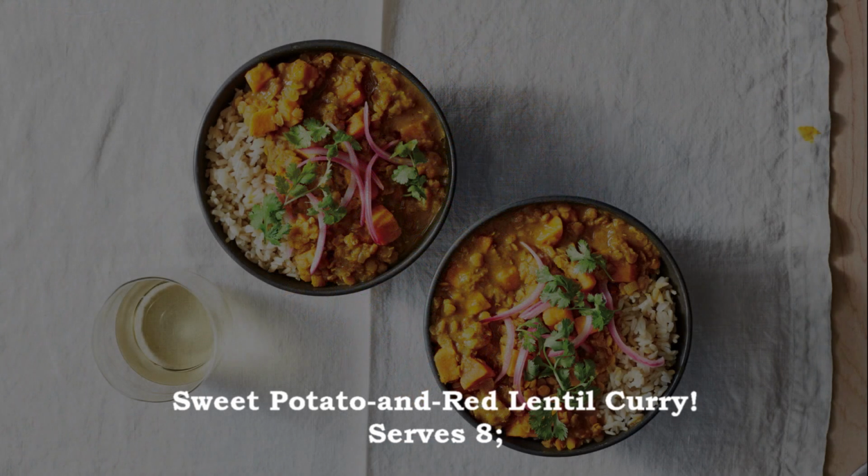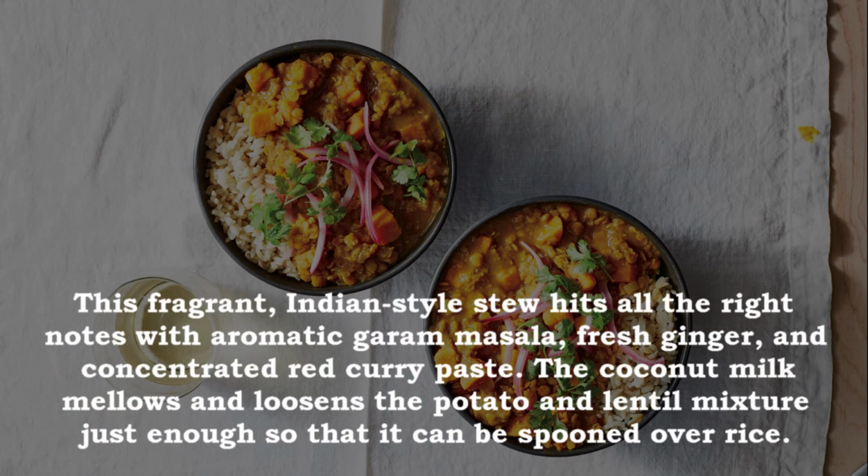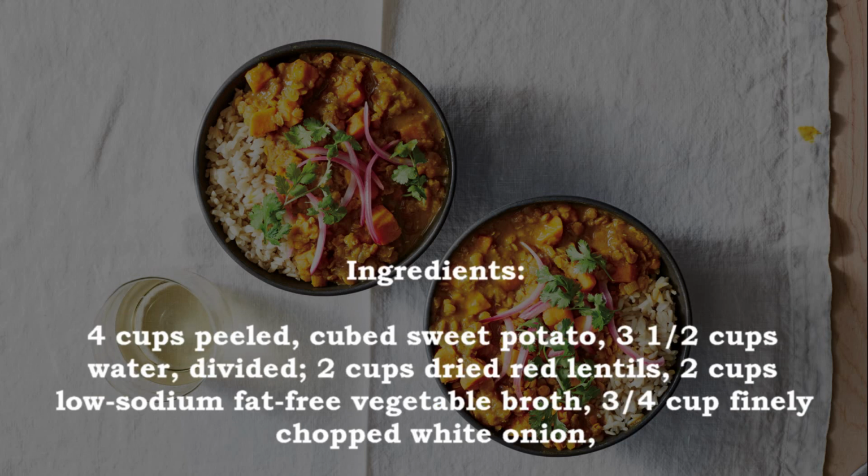Sweet potato and red lentil curry. Serves 8. This fragrant, Indian-style stew hits all the right notes with aromatic garam masala, fresh ginger, and concentrated red curry paste. The coconut milk mellows and loosens the potato and lentil mixture just enough so that it can be spooned over rice. Ingredients: 4 cups peeled, cubed sweet potato, 3 1/2 cups water, divided, 2 cups dried red lentils,